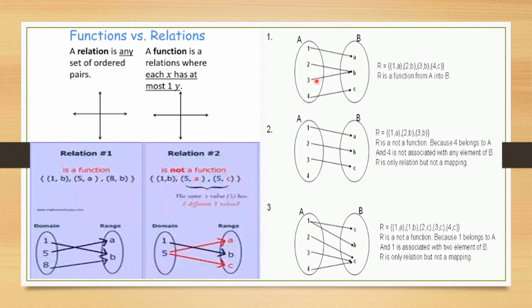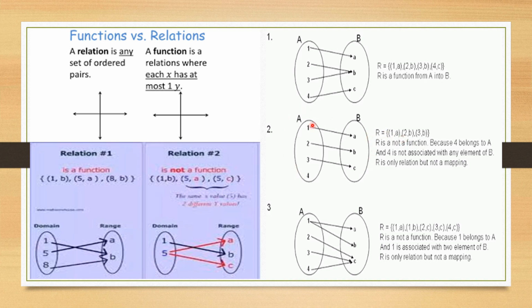See from here also, there is a relation defined from set A to set B as (1,a), (2,b), (3,b), (4,c). Is it a function? Yes, it is a function from A into B. It is not a one-one function; you will study the types of functions later on. Though it is not one-one, it is still a function from A into B. You have (2,b) and (3,b); the second elements are the same but the first elements are not the same, so it is still a function from A into B.